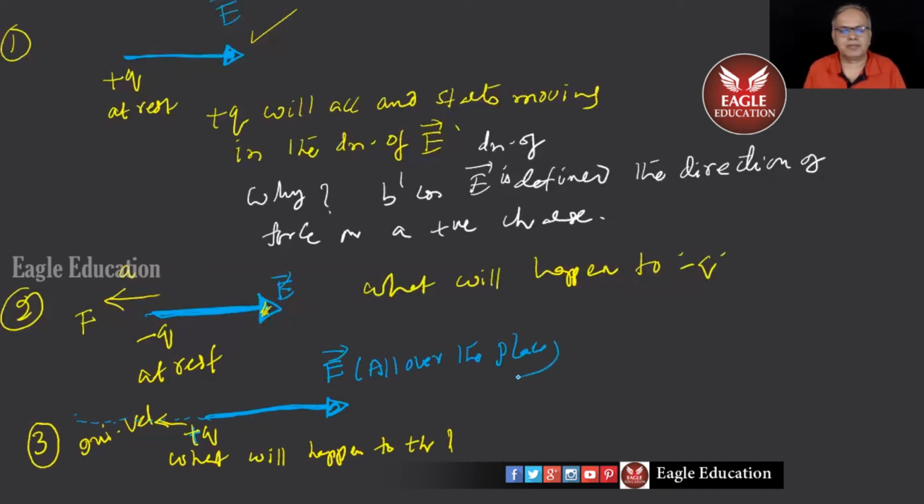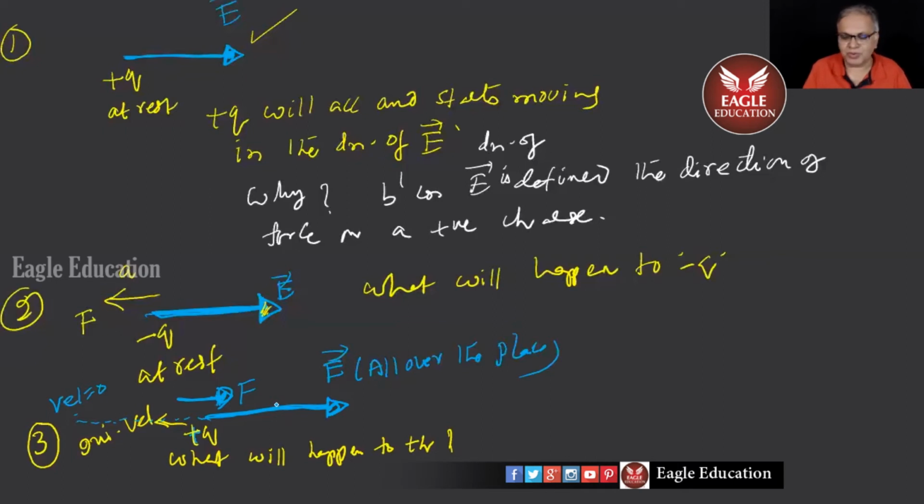Sir, it will decelerate and move towards E. Why? Decelerate means it will move only that way, velocity will decrease. It still moves that way only, right? Unless E is not acting, of course, then velocity will increase. This has got a motion this way, force is this way, children. On a positive charge, force will be in the direction of E. So velocity goes on decreasing until it becomes 0. Then it will accelerate in the direction of E.